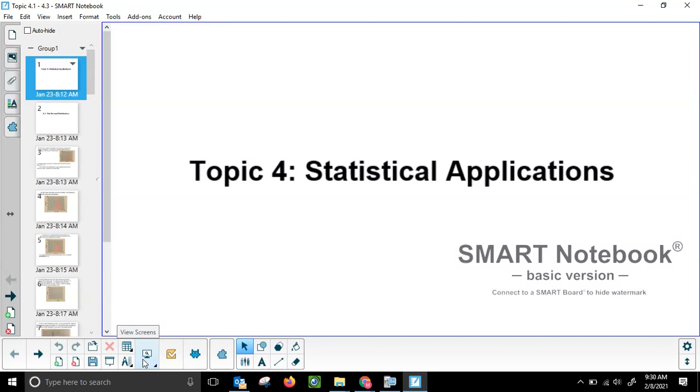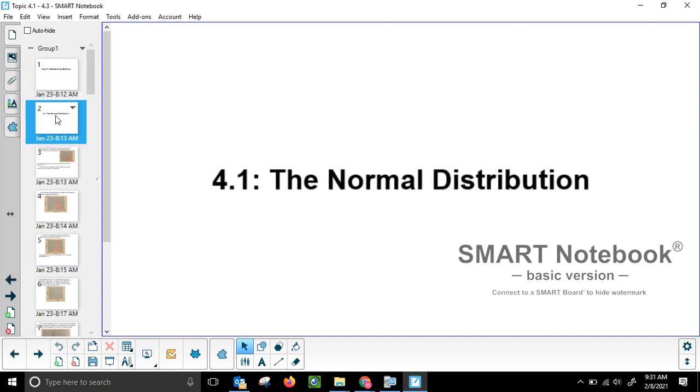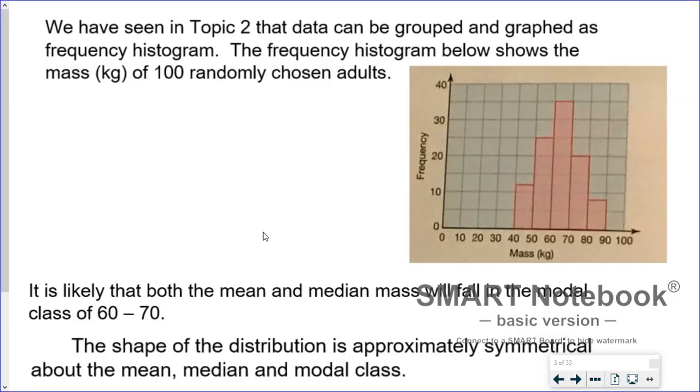Good morning, class. Today we are going to continue statistics, moving into statistical applications. And we will start with the normal distribution. All right, so we saw last week about different ways to display data, one of those being the frequency histogram. So if we look at the one here on this slide,